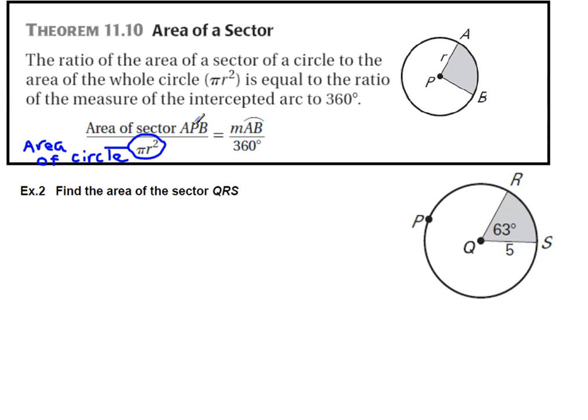So we're doing area of the sector divided by area of the whole circle. On the other side of the proportion, we'll have the arc measure of that sector divided by the arc of the whole circle, which is 360. All right, so let's set this up. We do not know the area of sector QRS, so we can call that x. And we're going to put that over the area of the whole circle. I don't quite know what that is yet, but I can at least set it up. Pi times 5 squared. All right, and then we're going to set that equal to 63 degrees